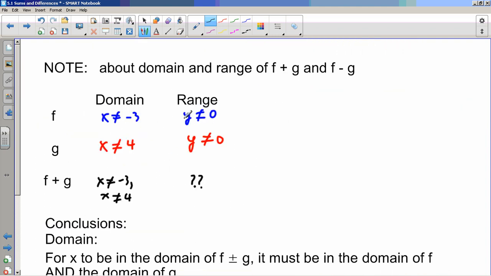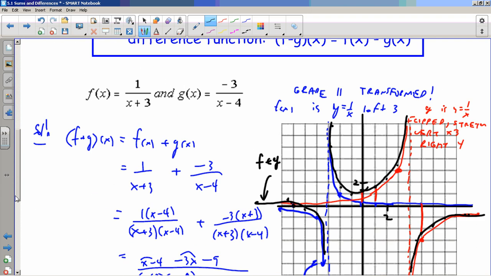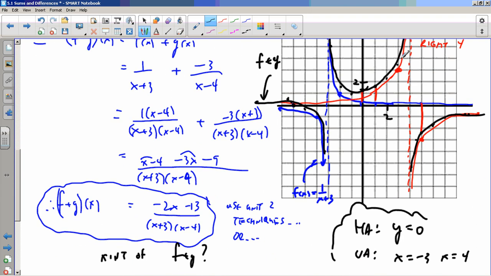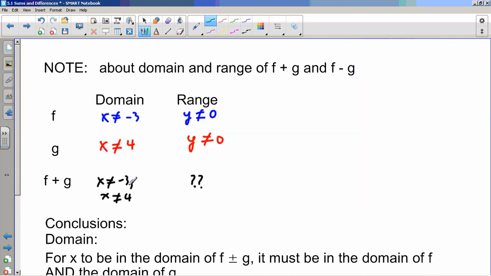So these two, straightforward, actually from grade 11, it's not bad. And for the domain of the combination function, well, what's the domain of the black one? The domain of the black one is the same vertical asymptotes as the other two had. So this is pretty easy. But what's the range here? If we just look at it algebraically, we might be tempted to say that y can't be 0, and indeed